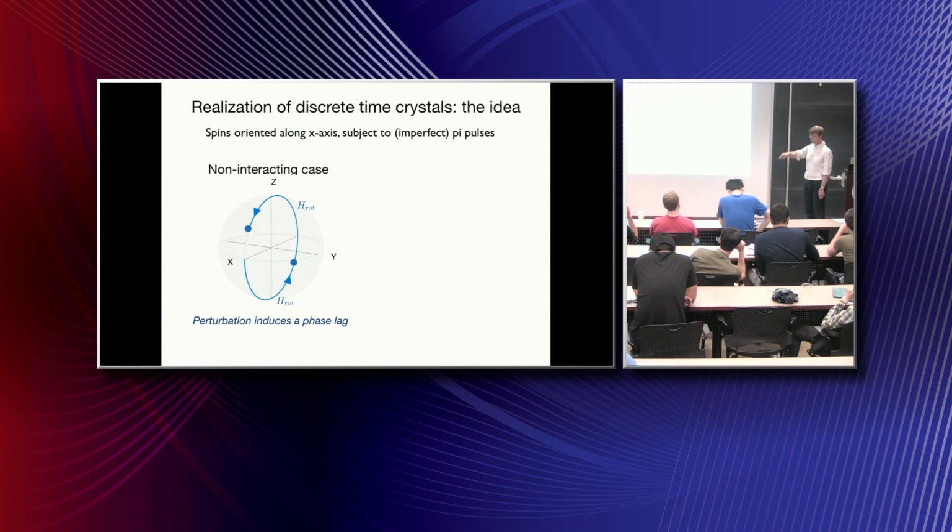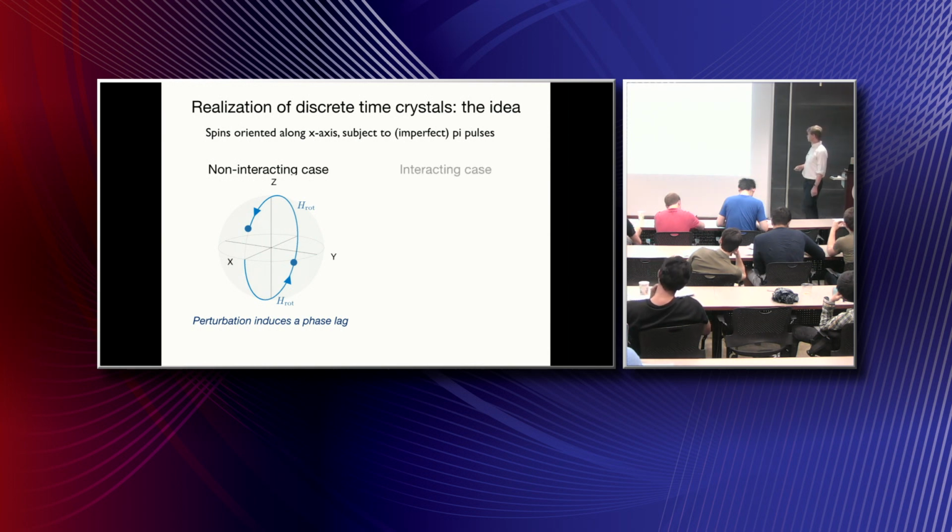So you need to apply two unitaries to bring your spin back. But of course, if you have an isolated spin, this response will not be robust. So for example, if you under-rotate your spin a little bit, and then you under-rotate it again, you do not come back to the same place. And so what it means is that, like in your periodic response, it will not be perfect. So there is a phase slip, which eventually will dephase your oscillations.